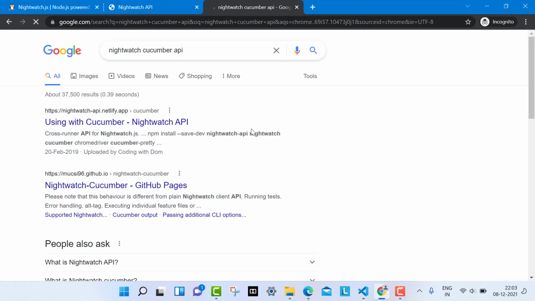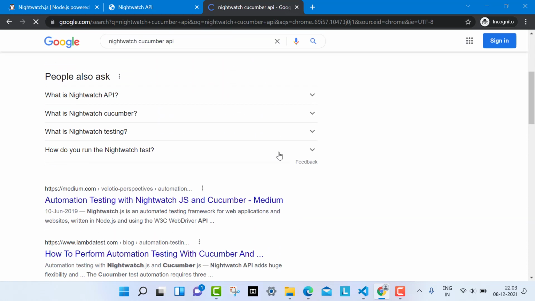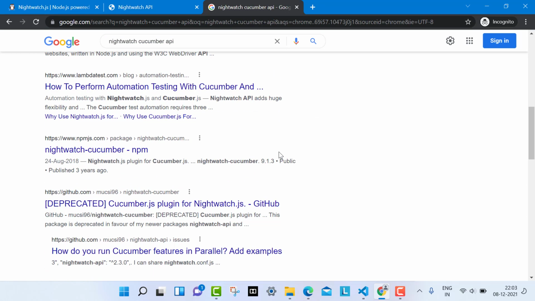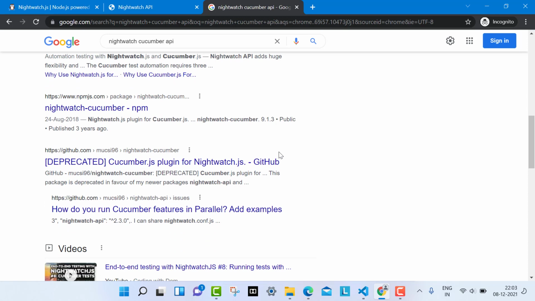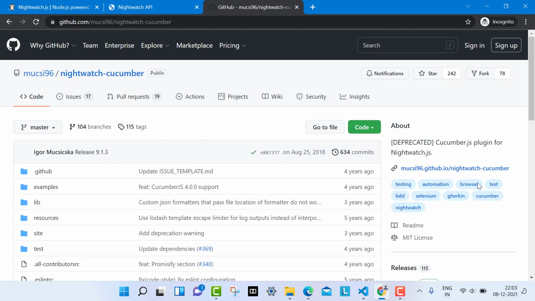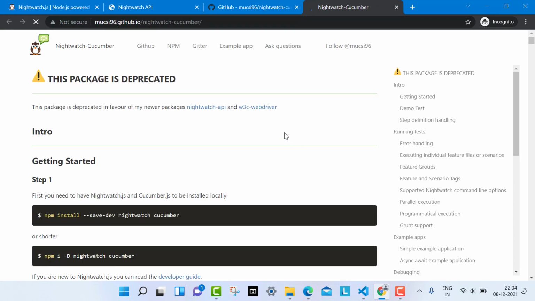Previously, when you had to use Cucumber with Nightwatch, before the later versions,